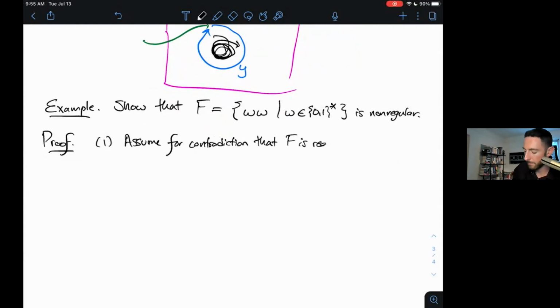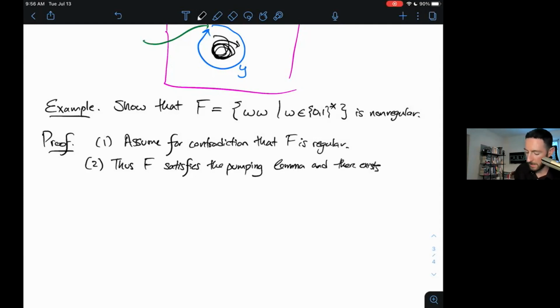So by our assumption, if F is regular, then F satisfies the pumping lemma and there exists a pumping length P such that